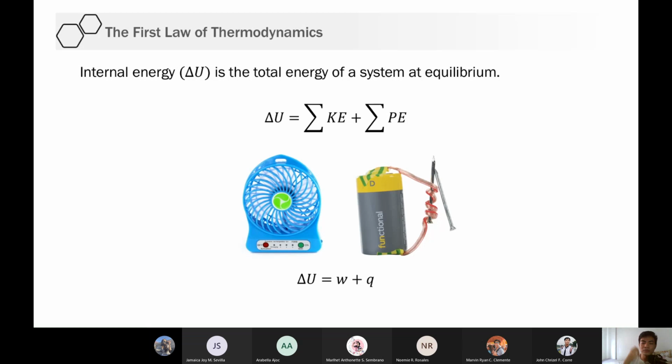Kasi kinetic energy, computein mo velocity ng mga gumagalaw sa loob ng katawan ko. Ano yung mga gumagalaw sa loob ng katawan ko? Dugo, yung nerve cells, yung firing ng electrons nila. Kaya ako nagsasalita, kaya ako buhay. Ano pa mga gumagalaw? Kunwari, yung pagkain, gumagalaw sa sikmura ko. Yung tubig, napupunta sa urinary bladder ko. So, lahat yun, you have to compute all of that to get my internal energy. Ang hirap. Di wag na natin i-discuss, di ba?